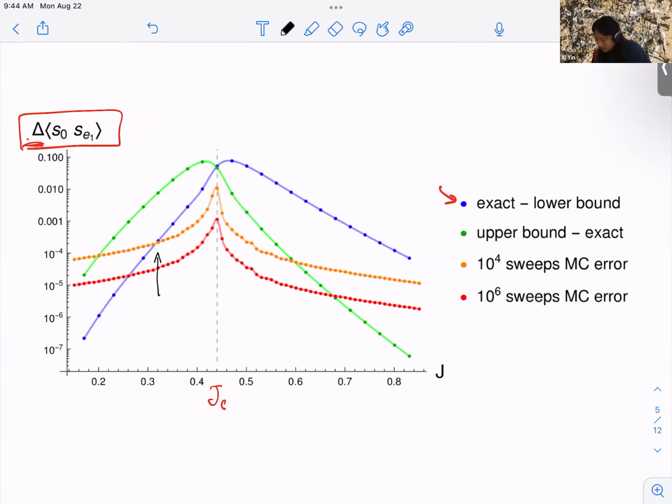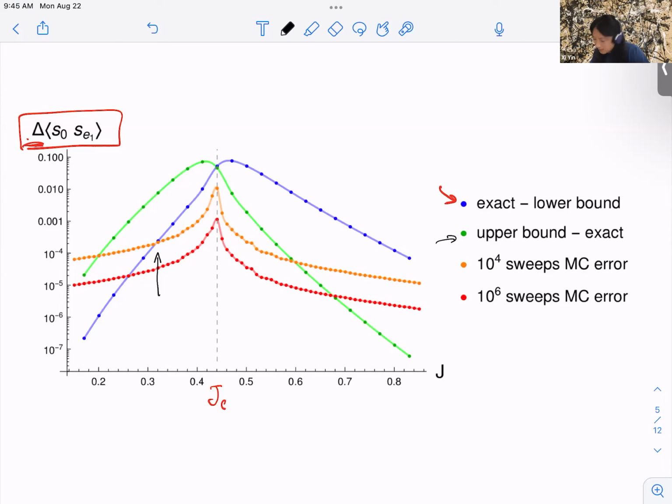But you can see, compared to the Monte Carlo, the bootstrap bound, at least if you move away from criticality, tightens exponentially. So the bootstrap or this optimization approach is very, very efficient away from criticality. Of course, it's worst at criticality, but there's still a lot of room to improve. There's also this other plot of the difference with the upper bound that has the opposite behavior, that is much tighter for a larger J, or the low temperature phase.